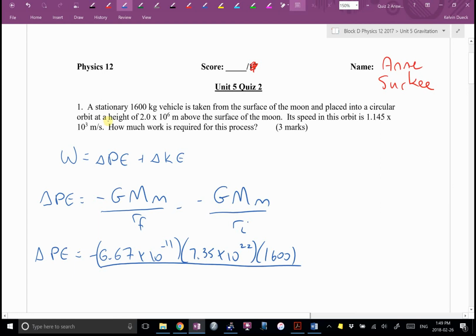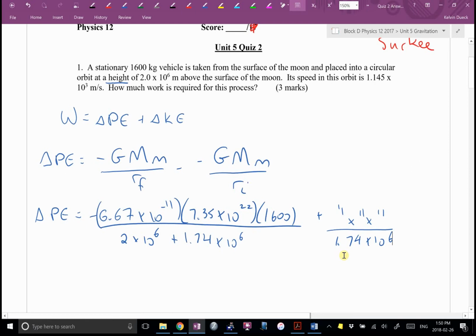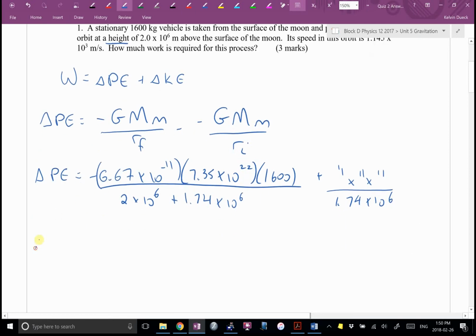Final radius, they gave me a height, so the final radius is going to be 2 times 10 to the 6th, plus the radius of the moon, which is 1.74 times 10 to the 6th. Then I'm going to have a plus, with the same G, M, and m, divided by, and we're launching from the surface of the moon, which has a radius of 1.74 times 10 to the 6th. The change in potential is going to be